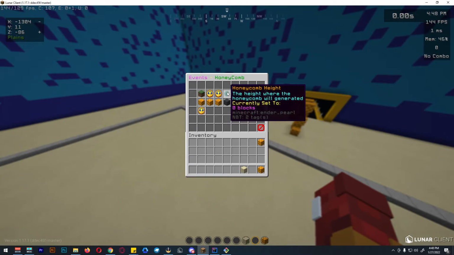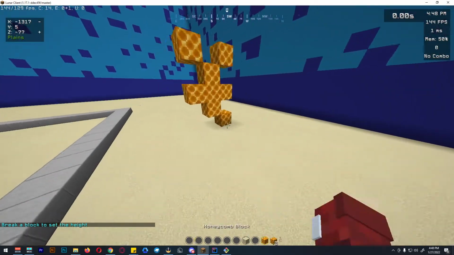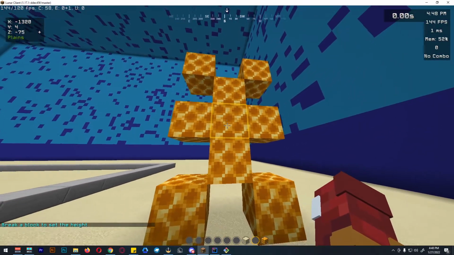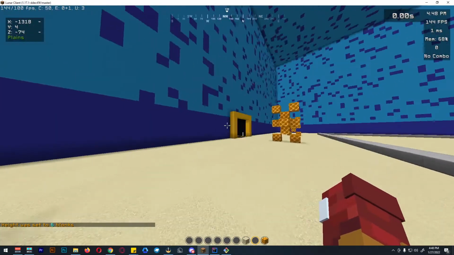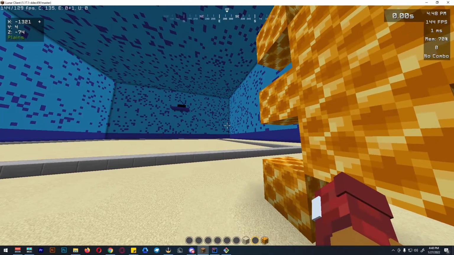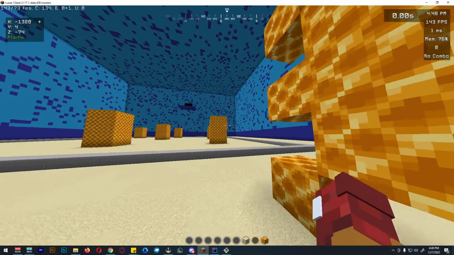determine the honeycomb height. To select the height, we need to select the reference point. So now we have a 6 blocks height. Basically, honeycomb height is the reference point on all shapes and the default shape. So now we can just do //s, and then we can generate all